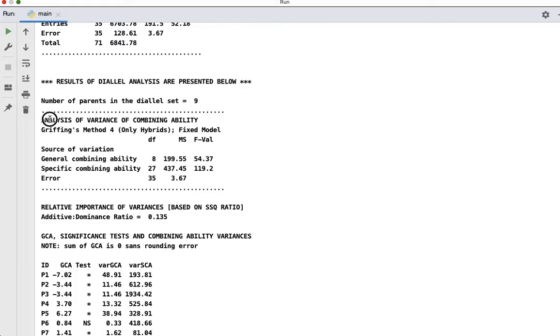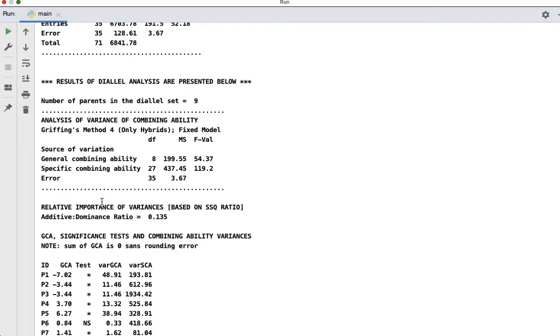Take a look now at the second ANOVA table below. This is the ANOVA of combining ability, the product of partitioning the variation among entries, or diallel hybrids. As may be perused, the GCA and the SCA variances are clearly significant, thus further validating the partitioning.